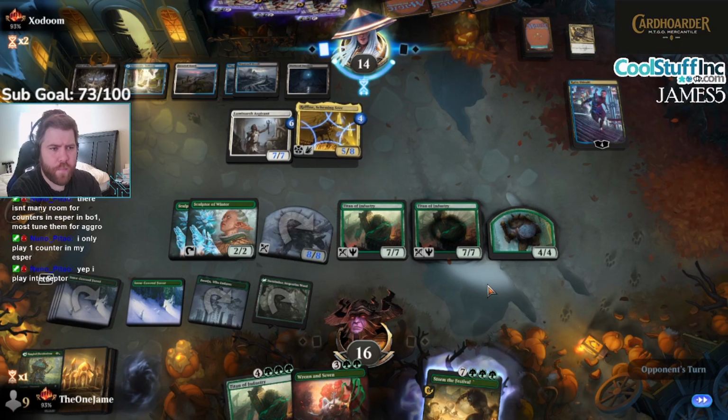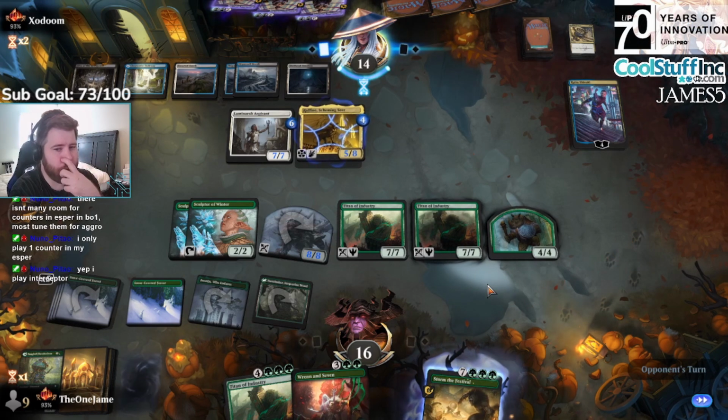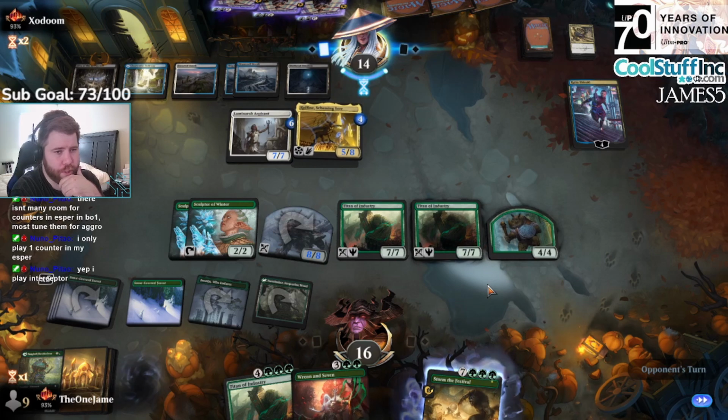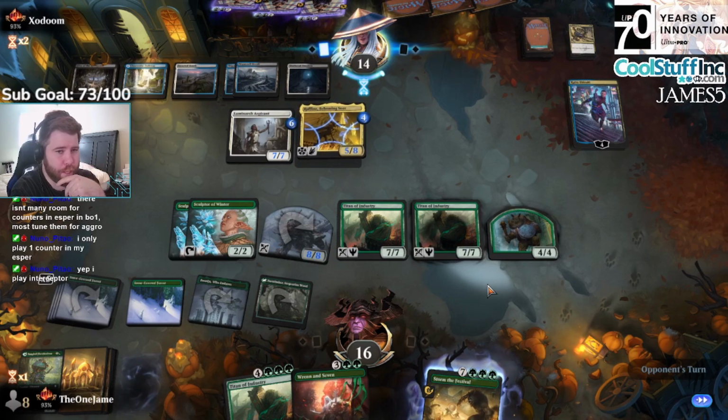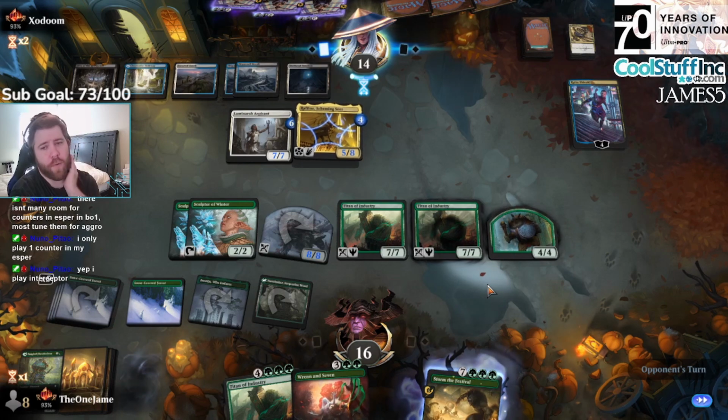Now they kind of want to attack with Hive, kind of want to hold things back, kind of want to attack with Rafine, but don't really want to attack with Rafine because I have Reachers. I can't really attack with Luminarch Aspirant either because that doesn't accomplish anything. I think they might want to go